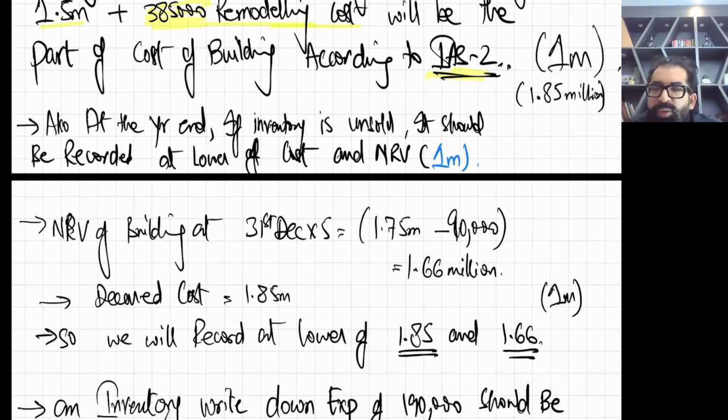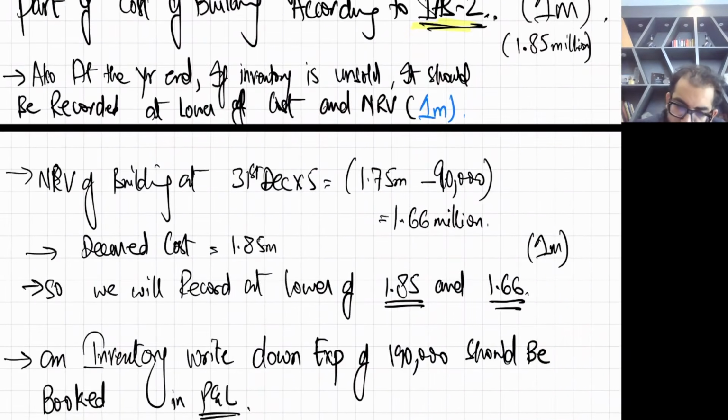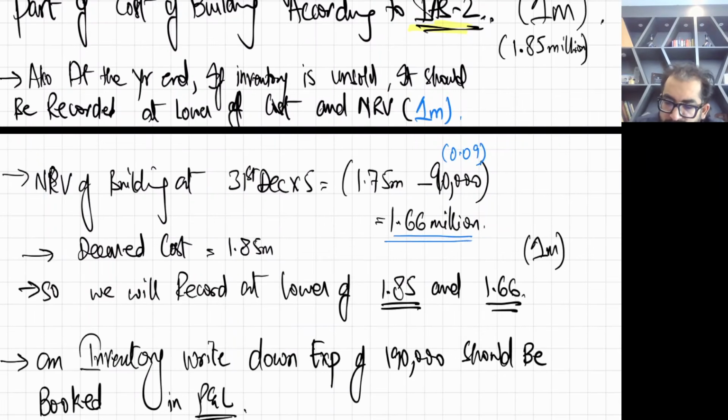At the year end the fair value, which is the selling price, is 1.75 minus cost to sell of 90,000, or you can call it 0.09 million. So NRV will be 1.66 million, and deemed cost is 1.85 million, including that remodeling cost. So if we record at the lower of 1.85 and 1.66,